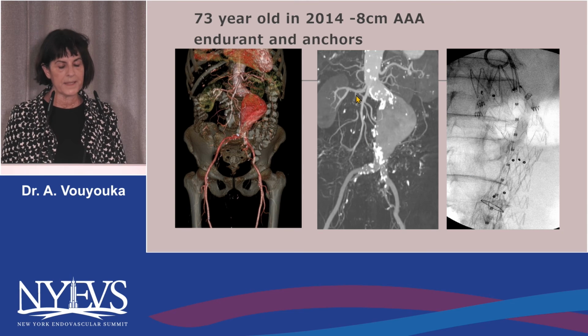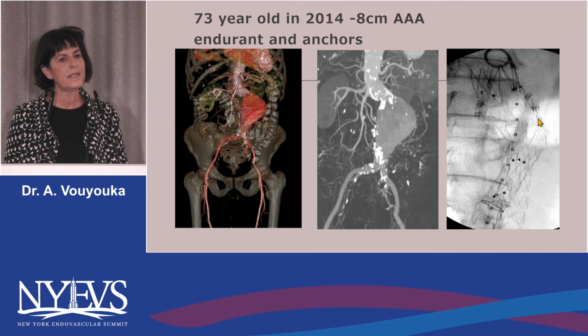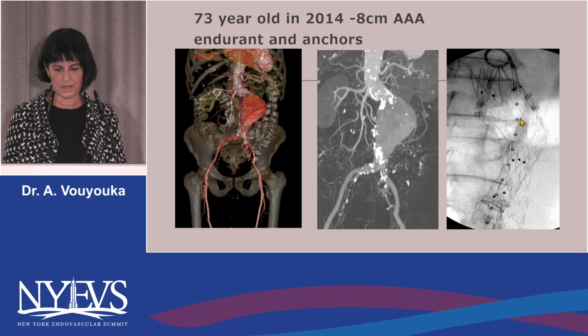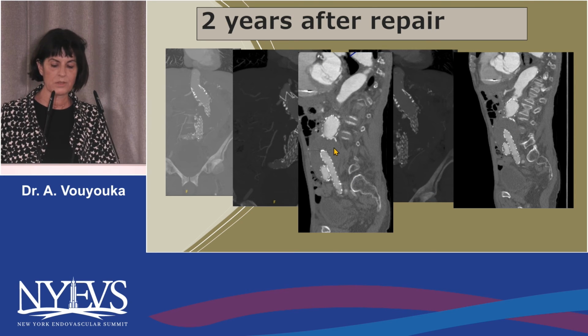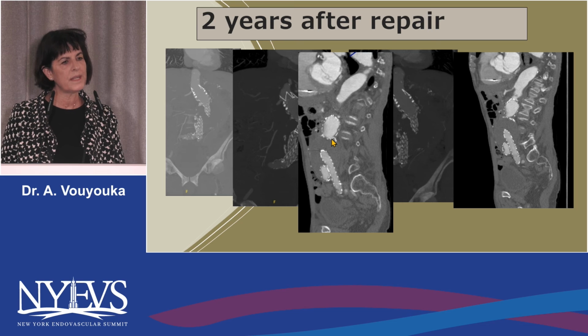So this is another patient of mine with a very angulated neck that didn't do very well in the long run. He had an Endurant graft initially with 4 anchors only. Usually we now recommend at least 8 anchors in the neck for a good seal. He did well for a while, meaning there was no endoleak, but there was also no regression of the sac,